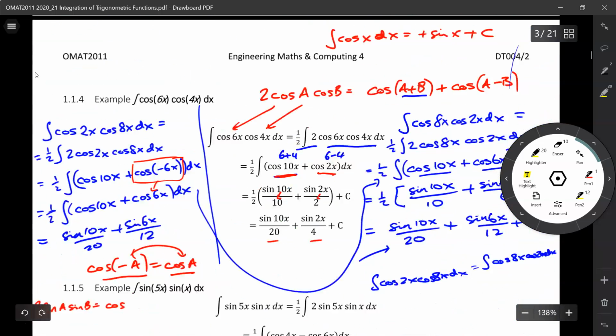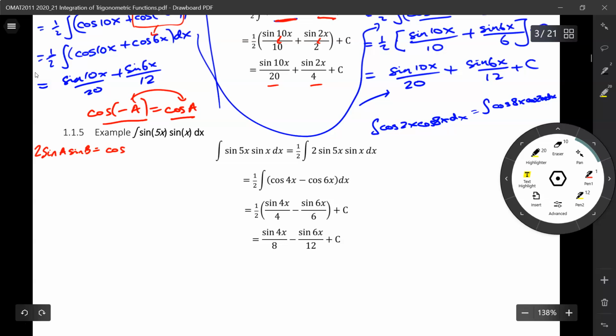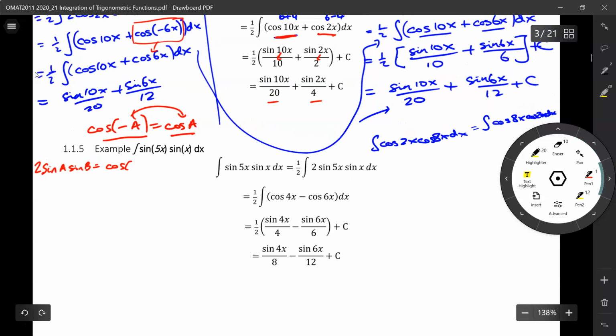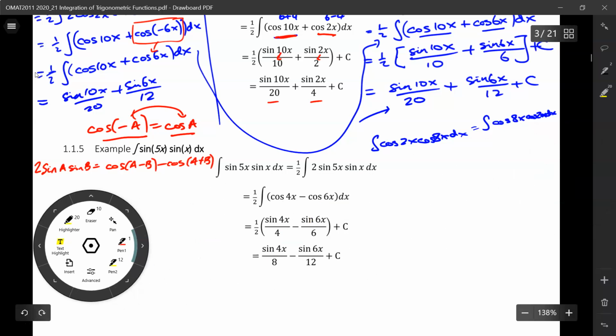No, it's cosine of A minus B, minus cosine of A plus B. So it's kind of a tricky rule to remember. But if we look at this example here, this is equal to a half times the integral of the cosine of A minus B, so it's 5x minus x, minus the cosine of A plus B,